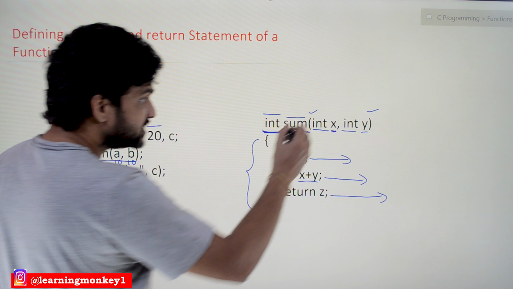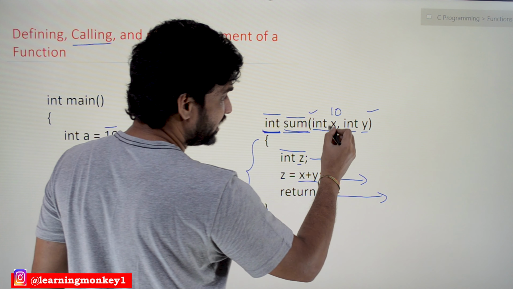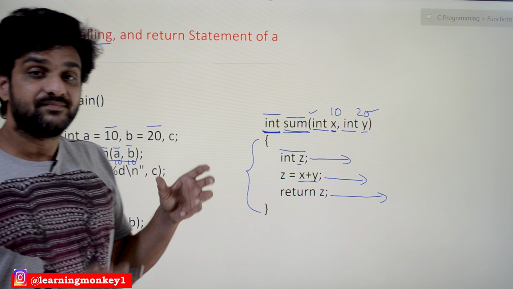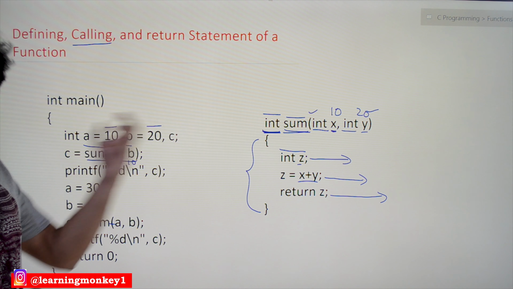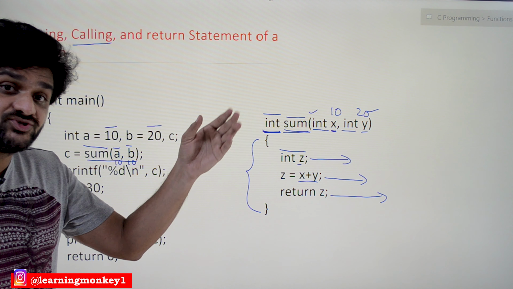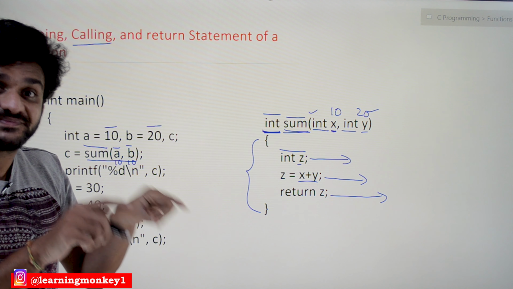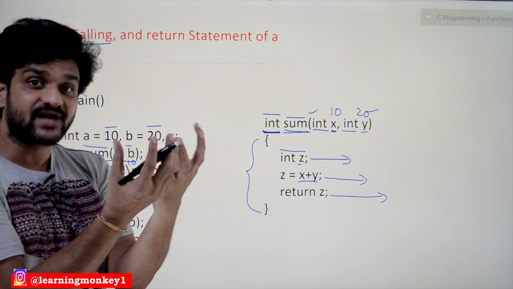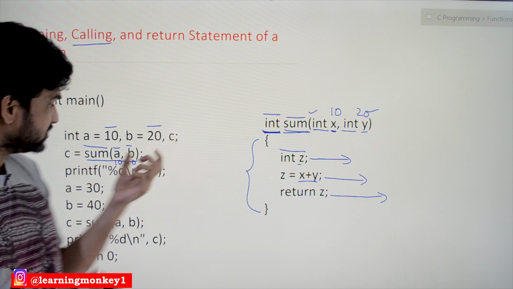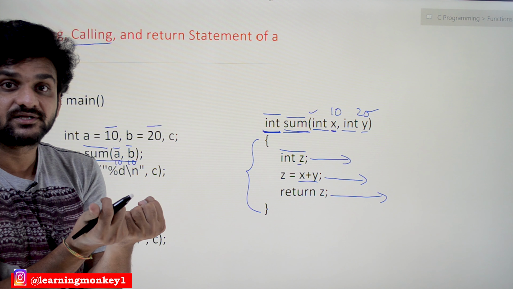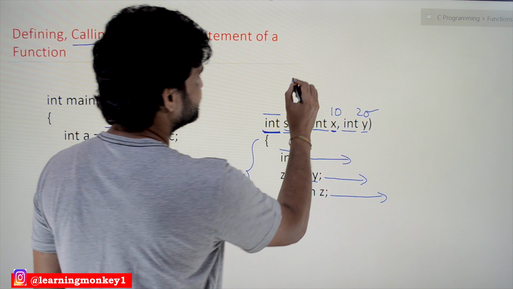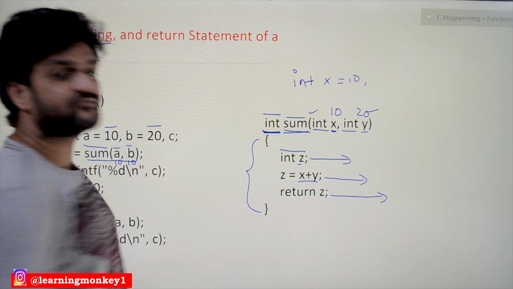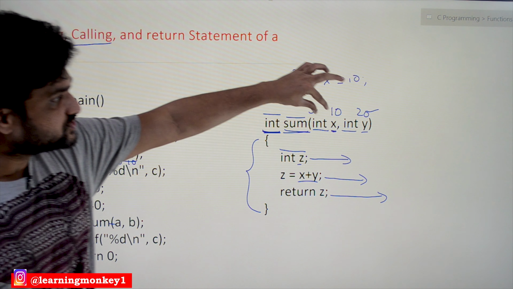So this value 10 will get assigned to x, and this value 20 will get assigned to y, because in main we are trying to do some functionality, and what arguments we need for that functionality has to be specified, right? Those are what we call arguments, and these are the parameters which are accepting those arguments. It is just like int x is equal to 10. This is the same as that statement, but we haven't used the assignment statement.